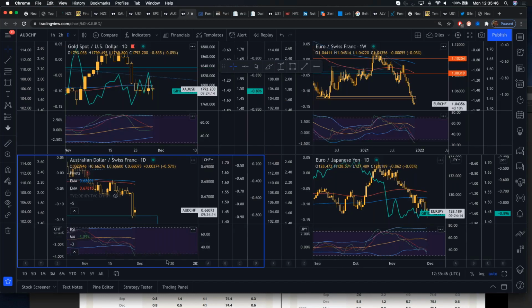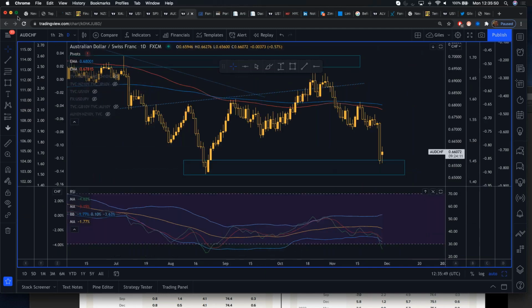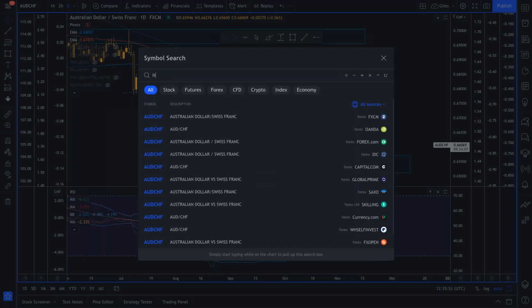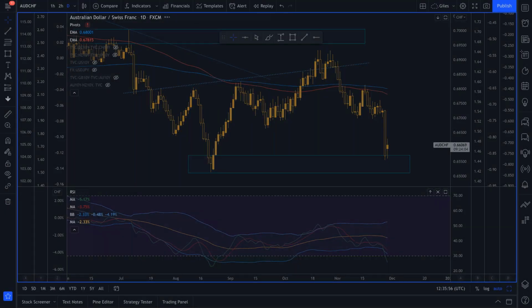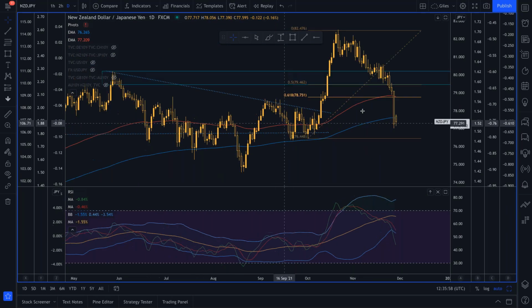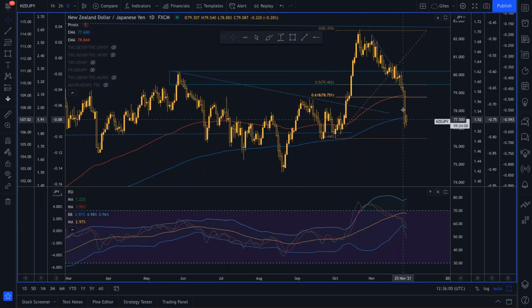So let's just bring up the New Zealand dollar Japanese yen chart. We can just see the New Zealand dollar Japanese yen has been selling off. That's been on those Omicron variant fears. We'll look at that in a minute. But basically, the worry is that the Omicron variant is going to be vaccine resistant. It's going to be more transmissible, and we'll be right back at square one in terms of dealing with COVID.